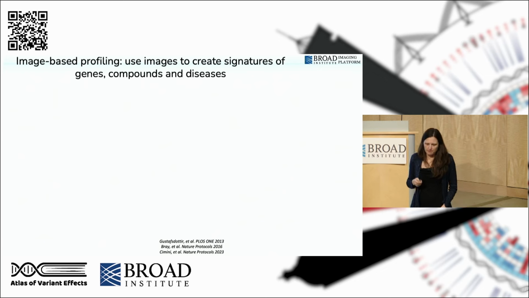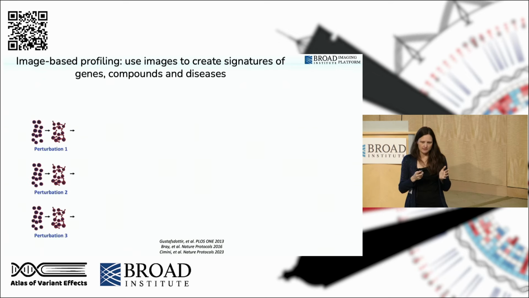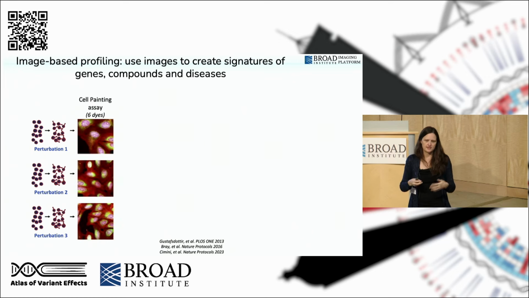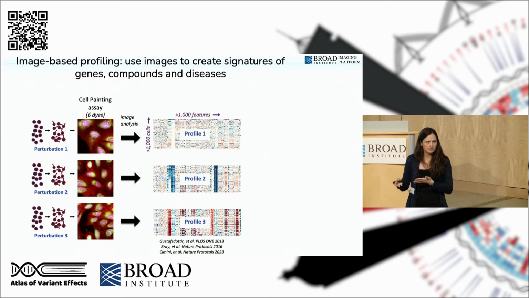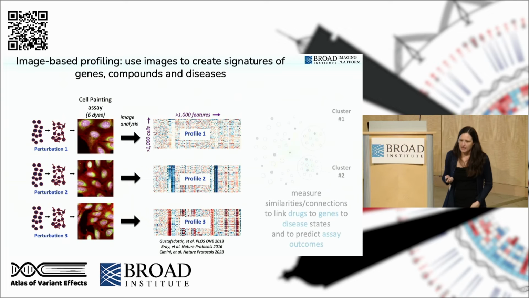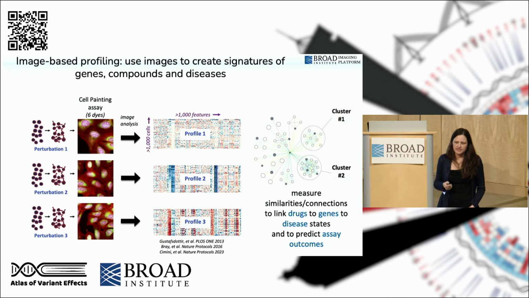So here's a big view of that in case you tuned out and want kind of the big picture view. Image-based profiling is where we take some kind of perturbation, in this case, reference and then variant number 1, variant number 2, and so on. Take all those different perturbations, treat the cells, image the cells to see what their response is, and then turn those images into this numerical matrix, and then we compare those matrices just as if they were any other kind of profile. That allows us to look for similarities and connections for all kinds of purposes, but today we'll mainly